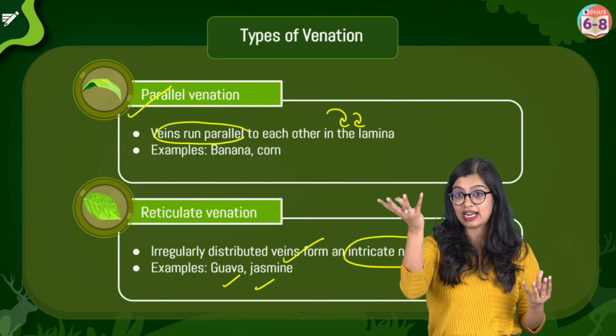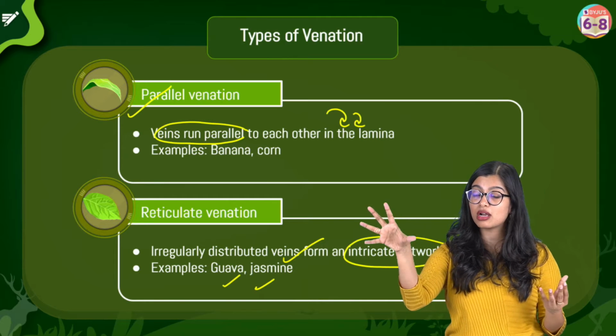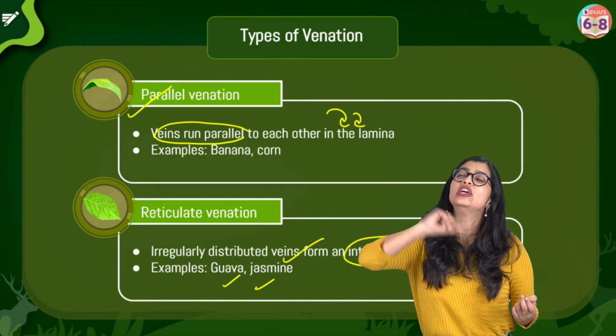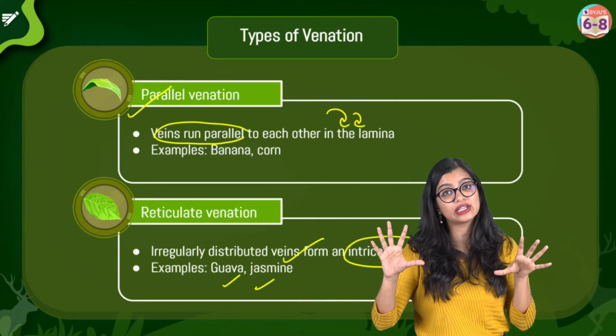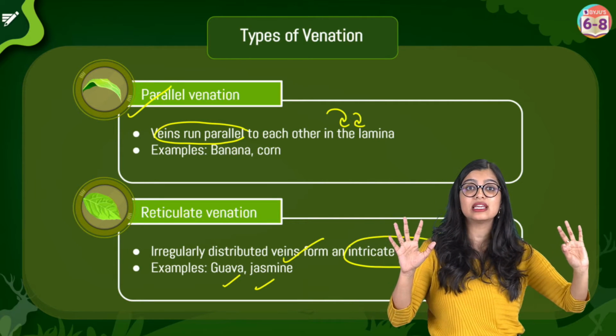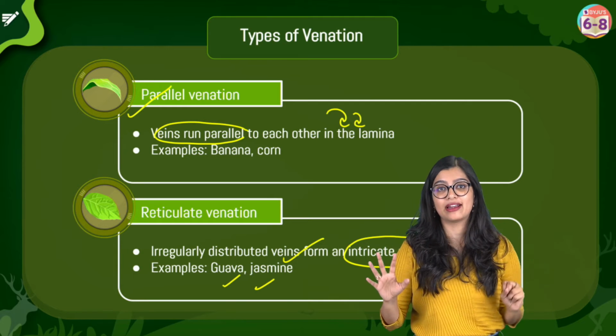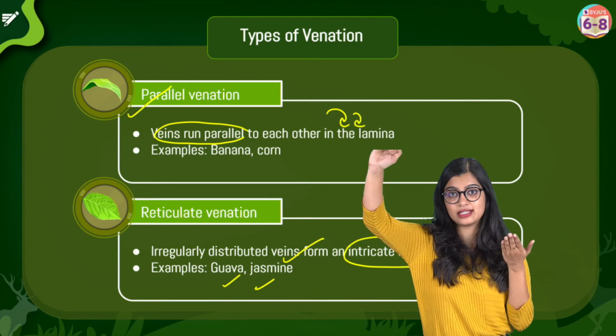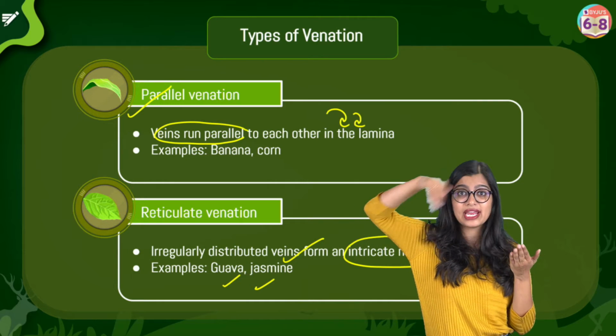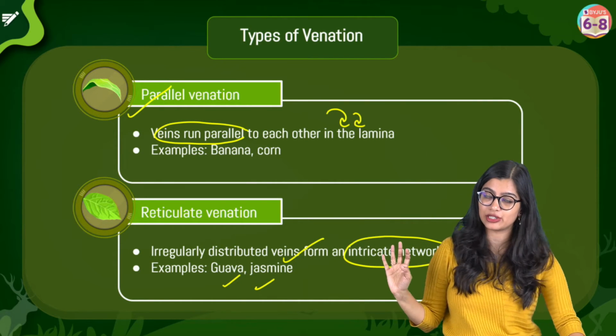It could either be reticulate, where it is like a network, and if you want to see how it looks, you can take up a hibiscus leaf. But in case the veins run parallel to each other, let's say if you pick up a grass leaf and you observe, then you will see parallel venation. Even banana leaves tend to have that, right? So we see that there's a midrib and the veins that are there, they run parallel to each other.